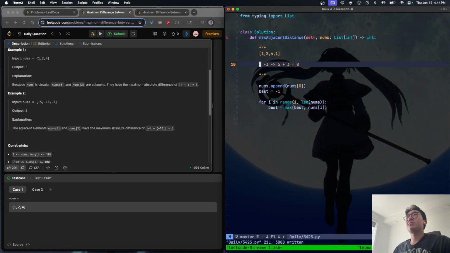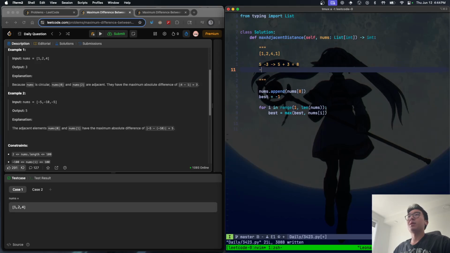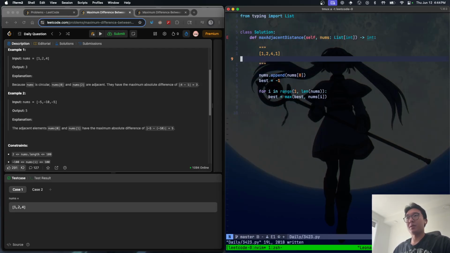Let me do it actually. Now if we do -3 minus 5, yeah, I think it's the same thing. Okay, the order doesn't matter, I think. We're taking the absolute value. Oops, it's 1, no. Okay, minus 1. We take math.abs, yeah. Oh, there you go. Absolute value of this thing. Okay, and then we return